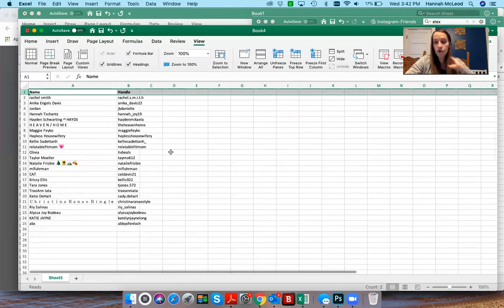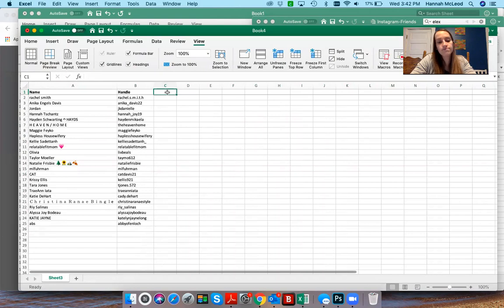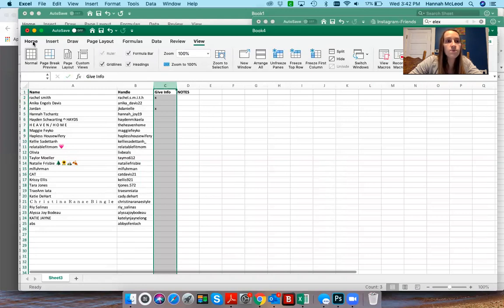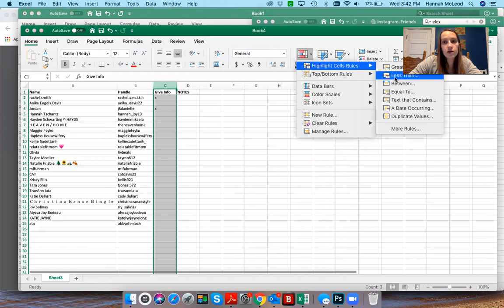I'm going to show you a few other quick things that I did to make my stuff nicer. So let's say you have a section for "gave them info" and a notes section. You're going to probably have way more, but we're just going to do this for now. Let's say you want to highlight every single time that you gave them info, and by doing that, you're just going to put X's in them. Highlight the entire column, go back to home, conditional formatting, highlight cells rule,